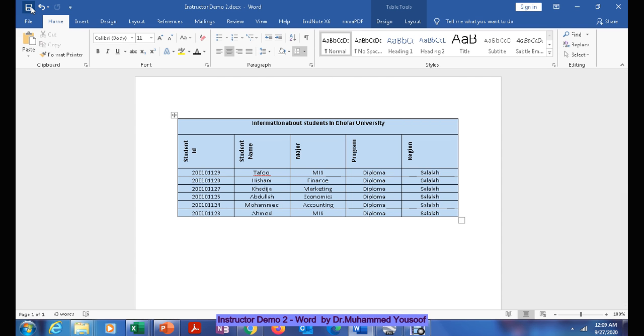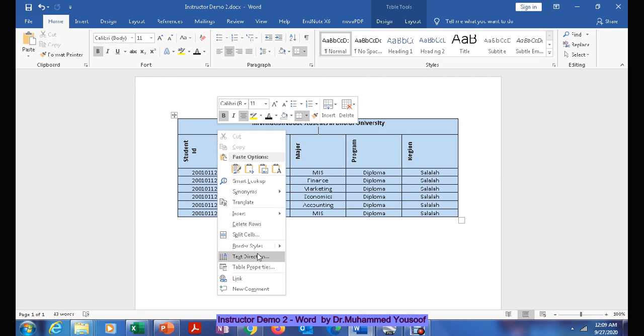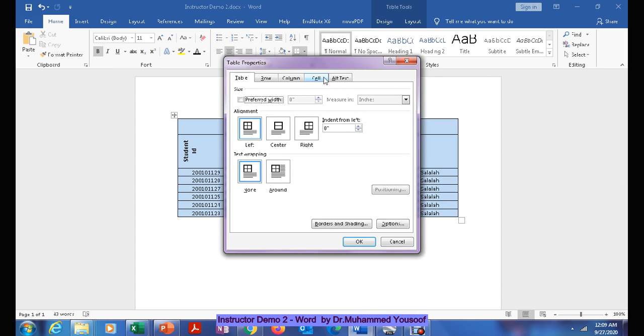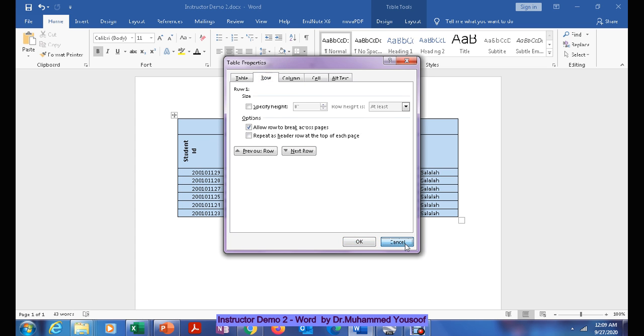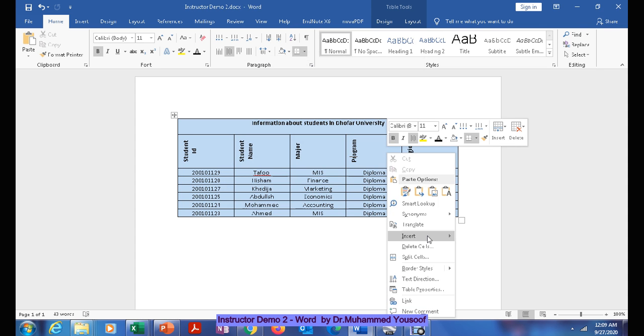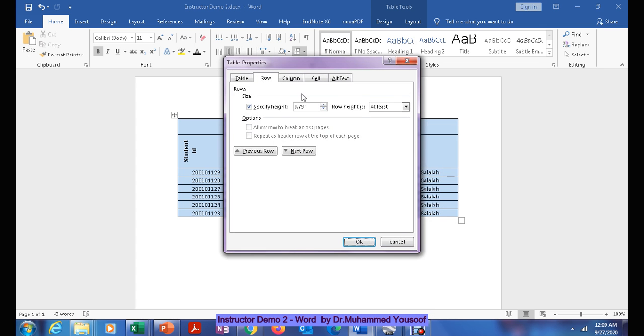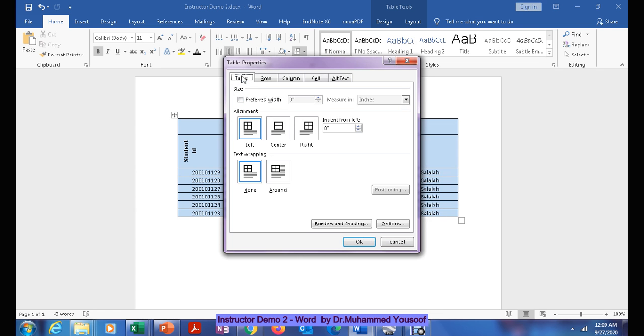So today, we have seen another part of this, which is merging the cells, and also we have seen how to change color. Also you can change the border of the table. For example, you can go for table properties. You have here cell, or you can go for row. I will choose column or row or whatever in table properties. Then I can go for width. Okay, table width.